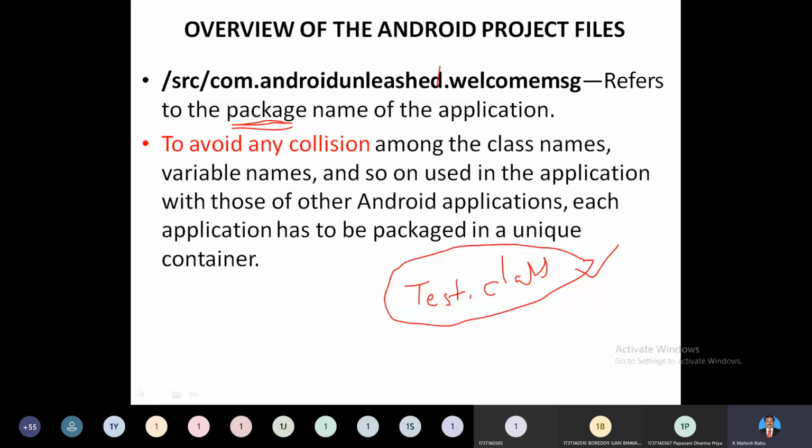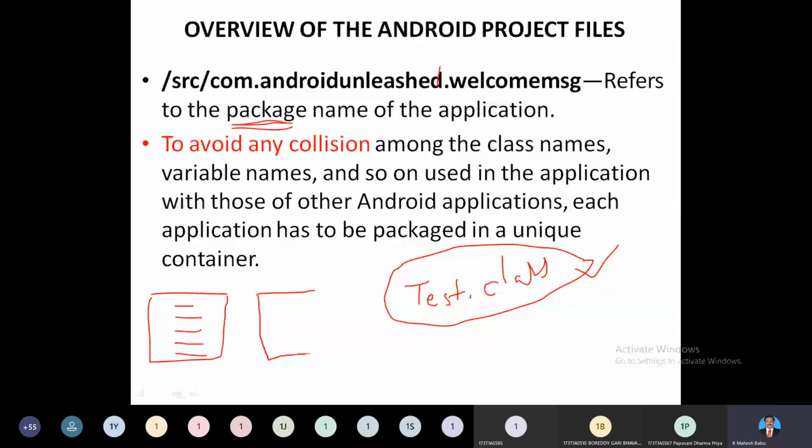The project never works. I don't want a name collision to override the existing class files, the existing project files. So I would like to keep all my related project information inside one folder, and I name that one as a package. I can keep all the class files and related files inside that particular package. If any other person creates their own separate package, though these two will have the same name, test,